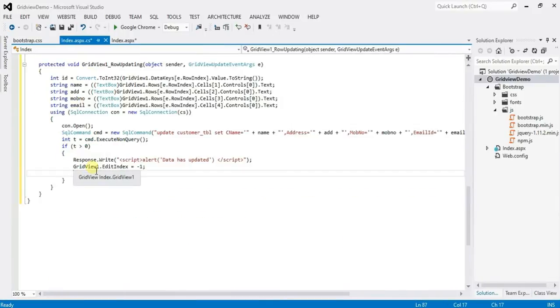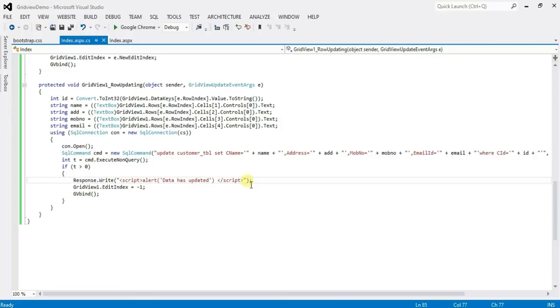Okay, Ctrl plus V paste semicolon. Now Ctrl plus S save